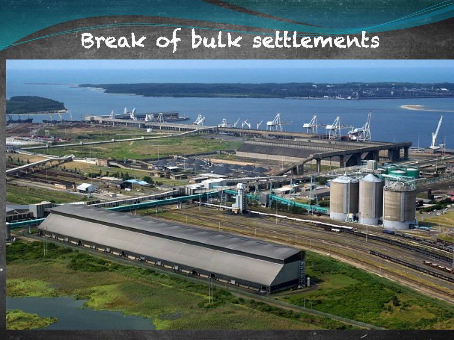And here we see an example of Richards Bay. And so what we're seeing in Richards Bay is that there was a change of mode of transport. It's a specialized port that was developed for the export of coal. So railway trucks come in and they drop off the coal, and you can see there that the coal is then carried along conveyor belts and then put onto ships, and these ships then carry the coal for export to the east.